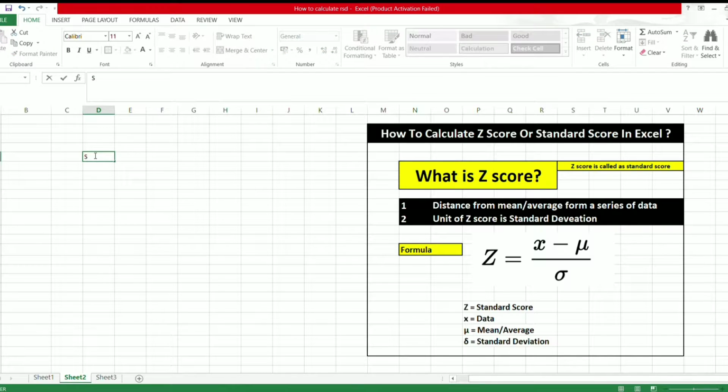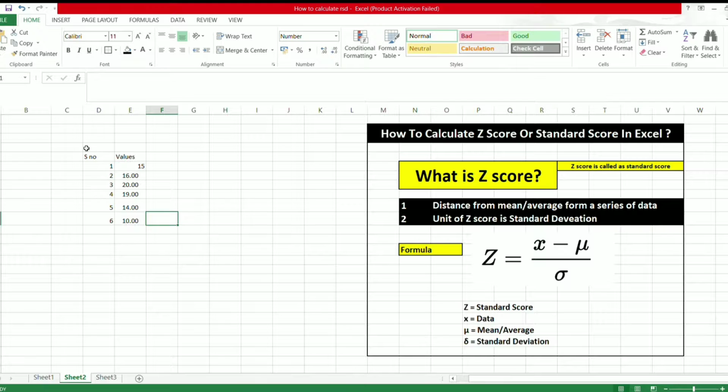First we will type a cell serial number. In the next cell we will type the values. Here we can take around 6 values. So I am just putting the 6 serial numbers, and on the right hand side I am putting the values. The values are 15, 16, 20, 19, 14 and 10.